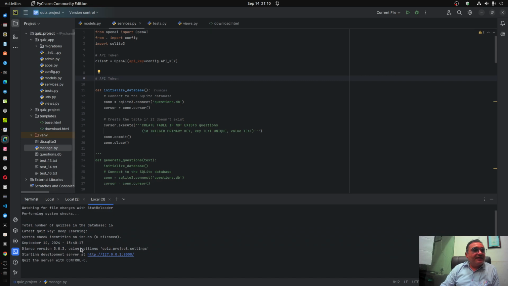Here you can see how many quizzes are already there. Yes, 16 quizzes are already stored in the database. So Django is a much more scalable framework compared to ordinary Flask or Streamlit type of applications, because Django can allow use of databases, it can allow authentication, it can